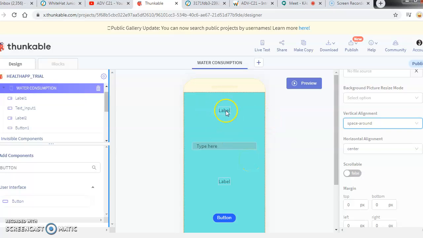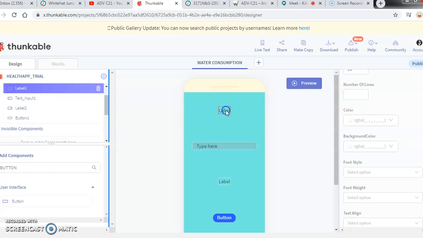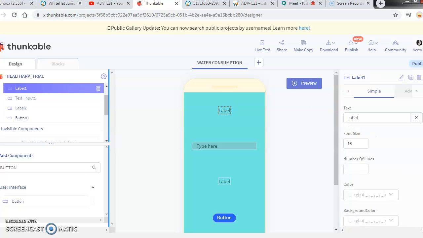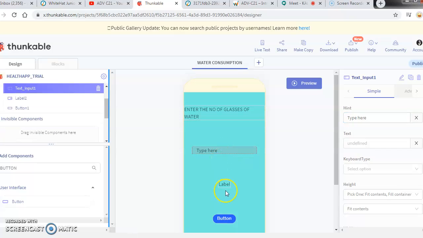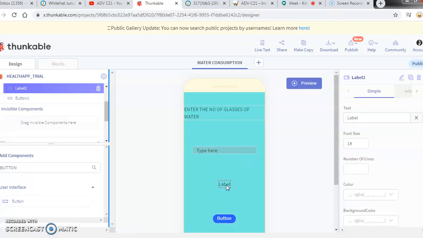Now you have to click on the label first. Okay. So now you can go and edit the label. Okay. So in the label, I am going to say enter the number of glasses of water. So if you enter the number of glasses of water, that will get converted to something, and it will be displayed in the label.